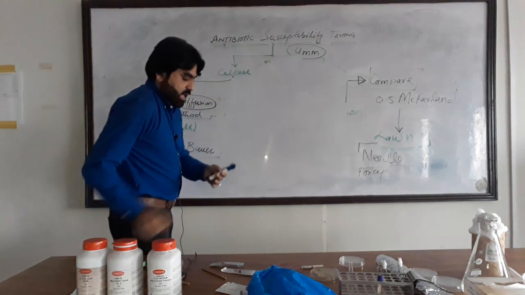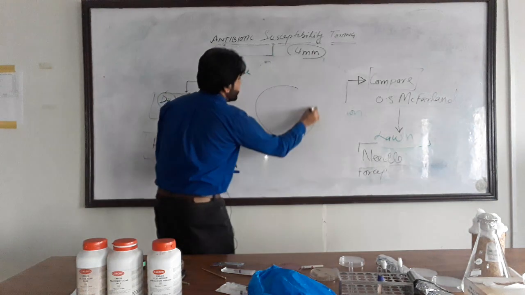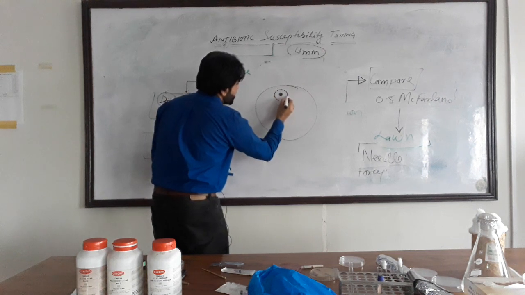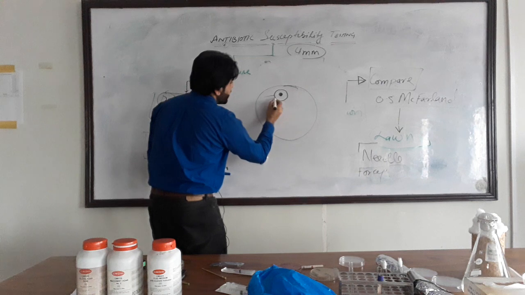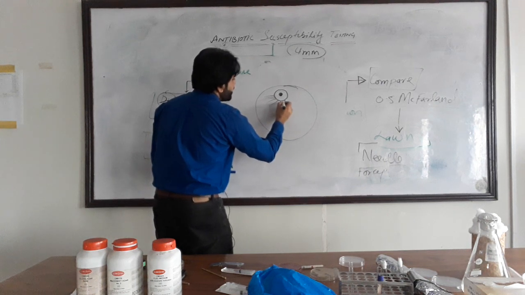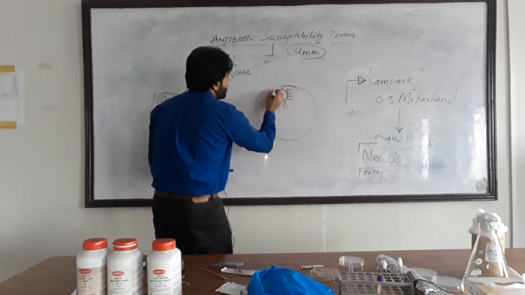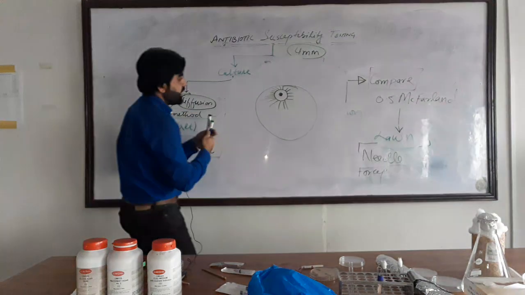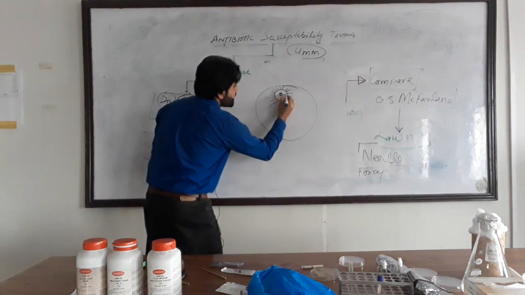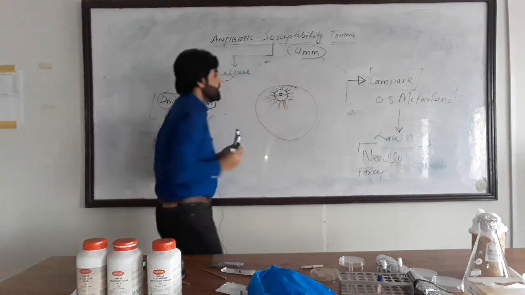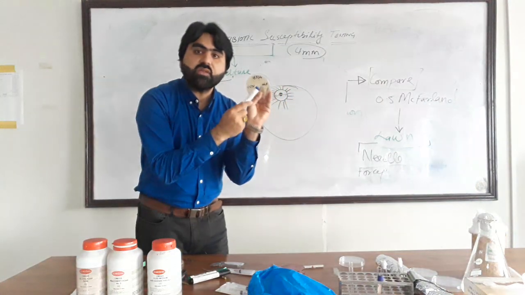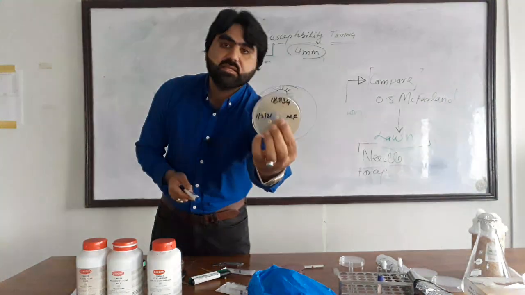Suppose it is the Petri plate and it is the antibiotic disc. Now, if there is a zone of inhibition, this black line is considered the zone of inhibition, and beyond this black lining there is a confluent growth of the bacteria in the form of a lawn. Then you will measure the zone of inhibition from this end to this end. This will be the zone of inhibition, and you will measure it from the downside of the plate. This is the downside of the plate.